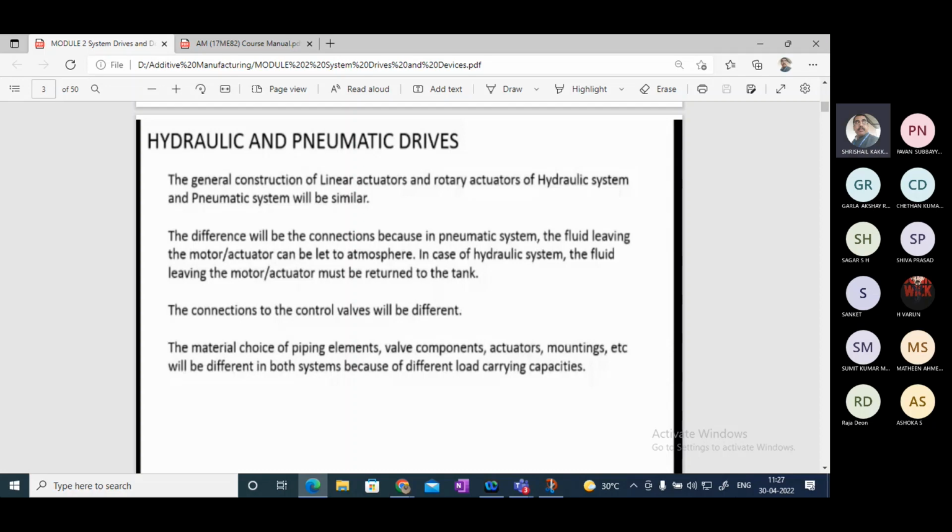The connections and the circuit diagram for pneumatic and hydraulic systems will be slightly different. And the material choice for the piping, valve components, actuators, mountings and accessories will be